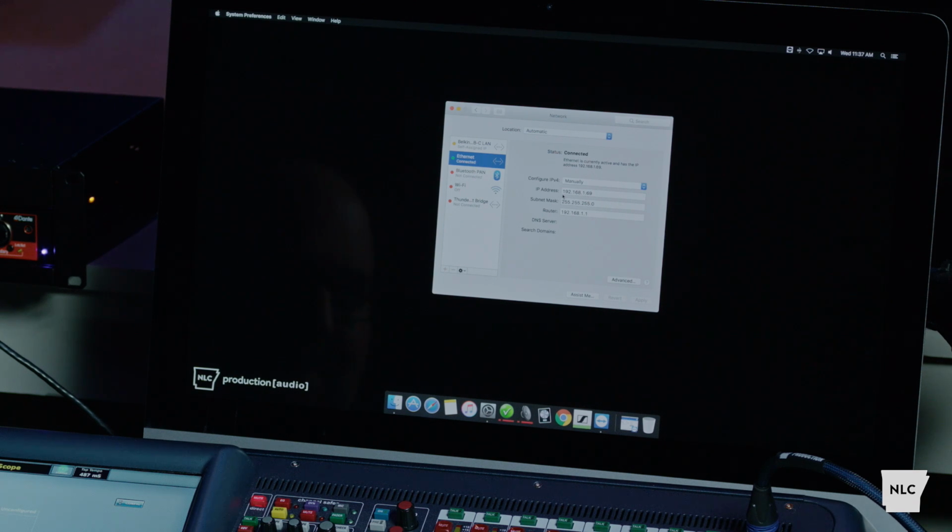I've given myself an IP in this range, so if you're coming to your MEU and we don't have it on the network, the IP address of your computer needs to be in the range of 192.168.1, and then the next ones need to be anything other than 40 or 1, so up to 254. So in this case we have